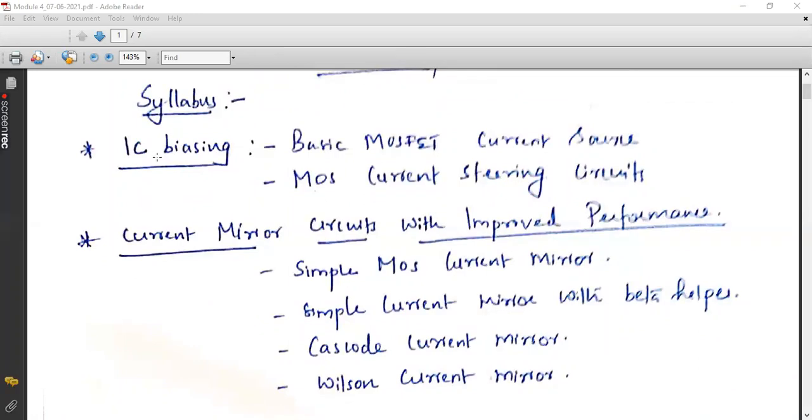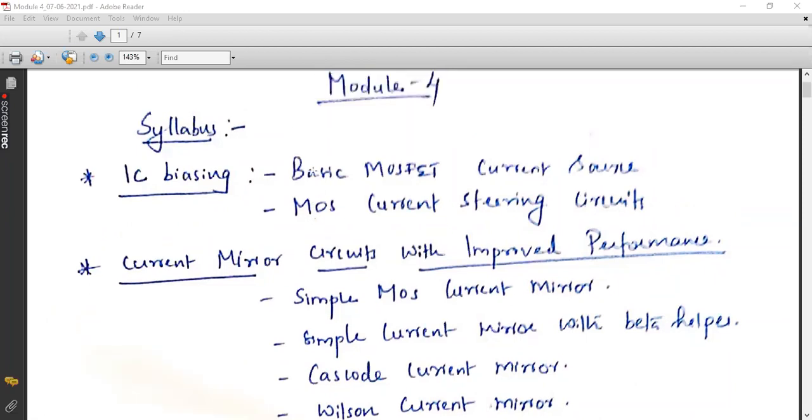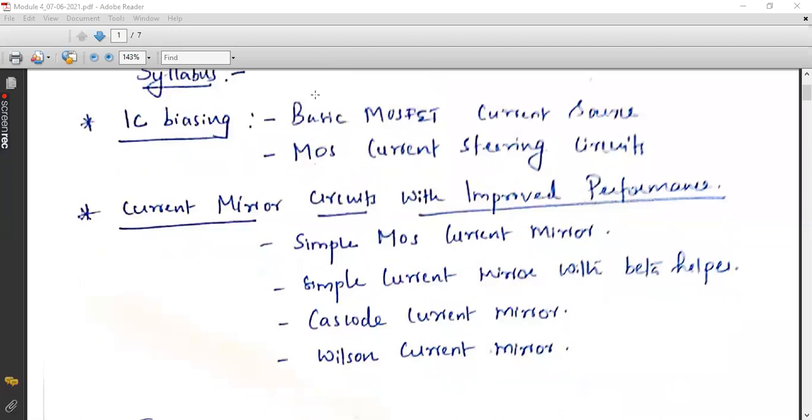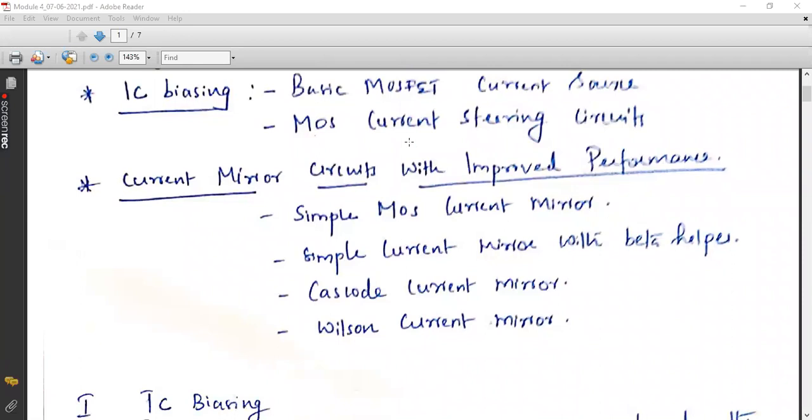This particular portion, that is IC biasing, for D section students, the older syllabus students, is included in the third module itself. I'll be sharing this separate material for you in your classroom. But the portions are the same. The only difference is that these two topics are included in the third module for the D section students, that means the older syllabus. Is that clear, Yatish and Rahul? Okay, sir. Yes, sir, it's clear. Okay, fine.